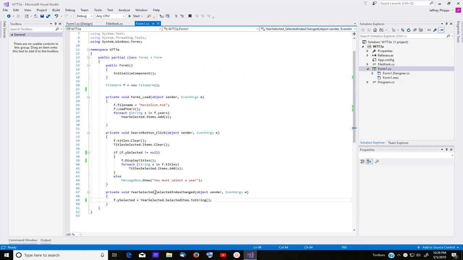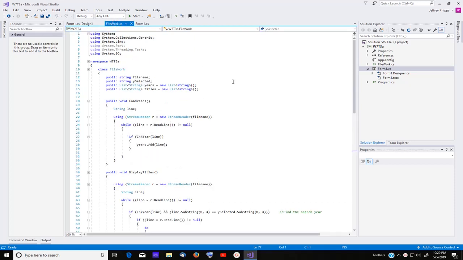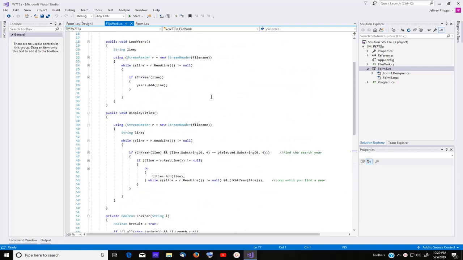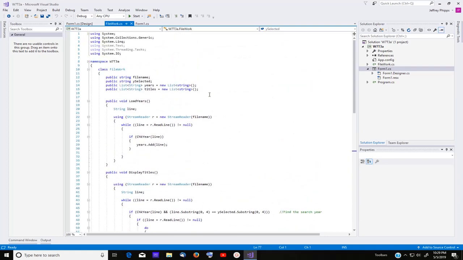This is basically the portion that will keep everything displayed and so forth, whereas I have a class called file work, which handles the heavy lifting of everything that happens to accomplish things. Because of the fact that a separate class cannot write directly to the list boxes and so forth without going through a little bit of a bridge, I just choose to stick the information of years and titles directly into a list, and then on the